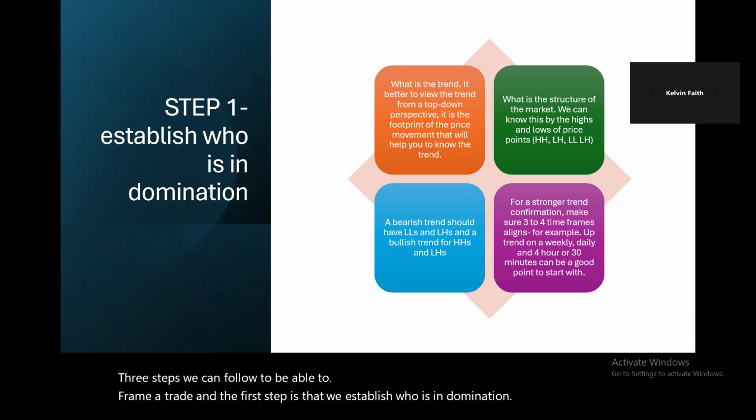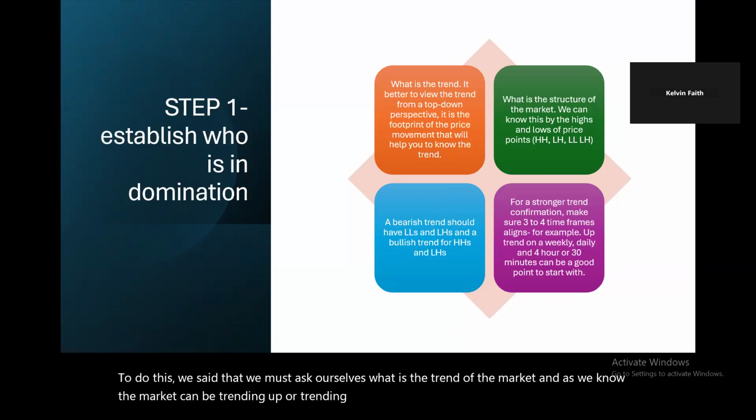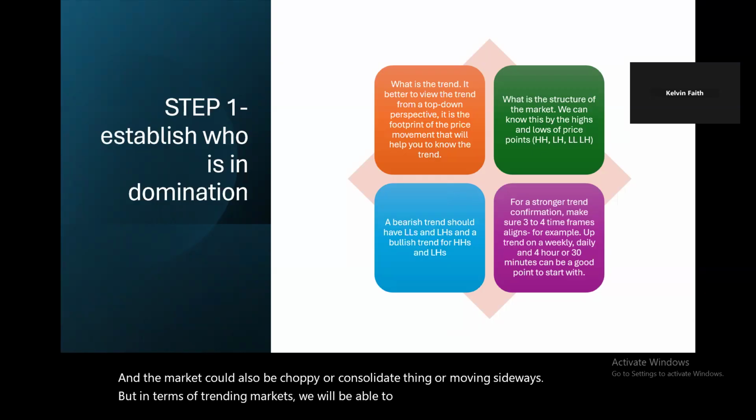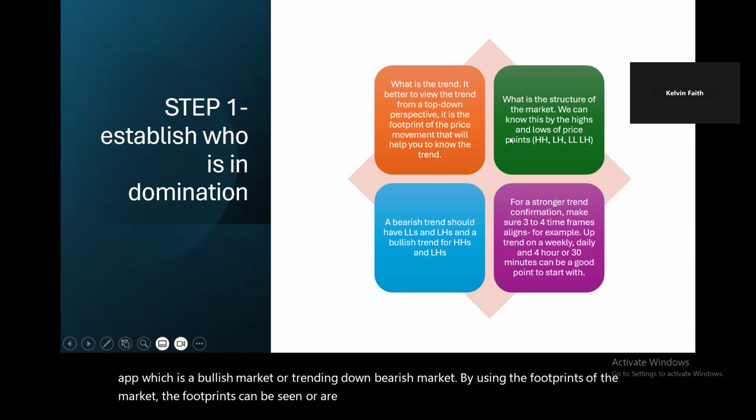To do this, we said that we must ask ourselves, what is the trend of the market? And as we know, the market can be trending up or trending down. And the market could also be choppy or consolidating or moving sideways. But in terms of trending markets, we will be able to understand whether the market is trending up, which is a bullish market, or trending down, a bearish market, by using the footprints of the market. The footprints can be seen or are characterized by the structure of the market,